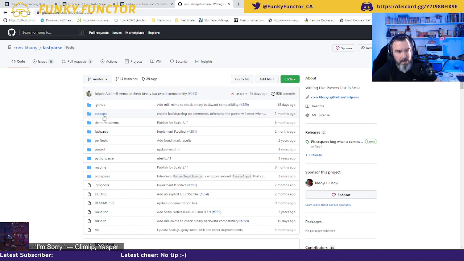CSS parse is a parser for CSS. Perf test project. README. I'm sure there must be something, because when you do a parser, the calculator example is like the hello world of parsers.